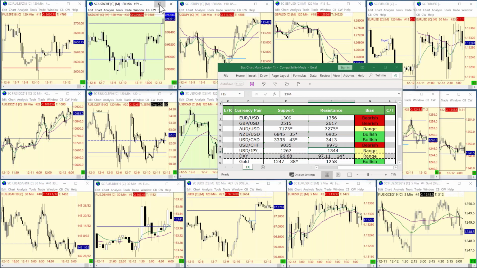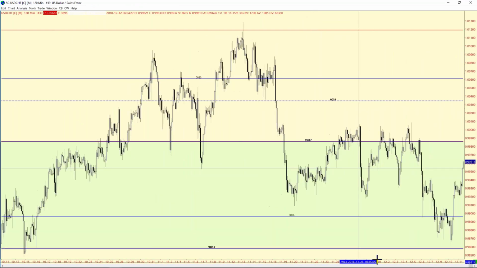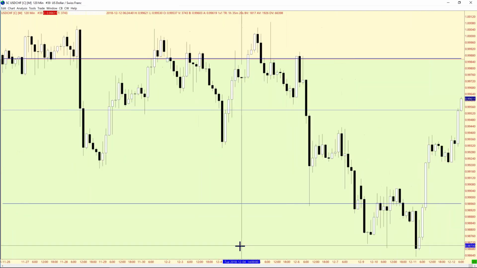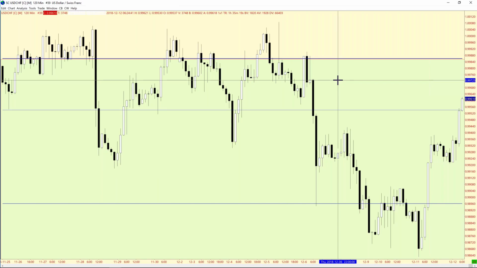Then we take a look at this. Let's see. No, we still have to say it's bearish. You'd have to push up high before we could say we've moved into a range. We're not that far away, so we're looking right here at 99.73 for resistance. You see right there.